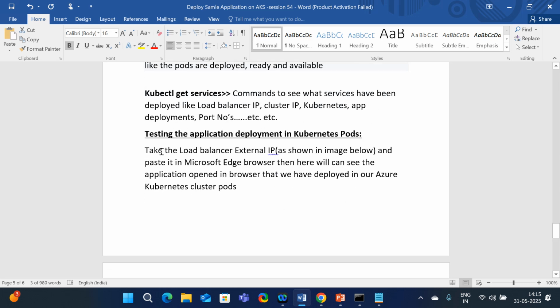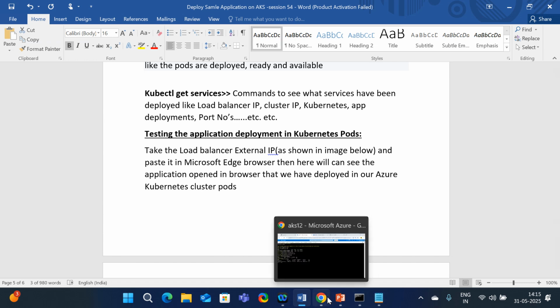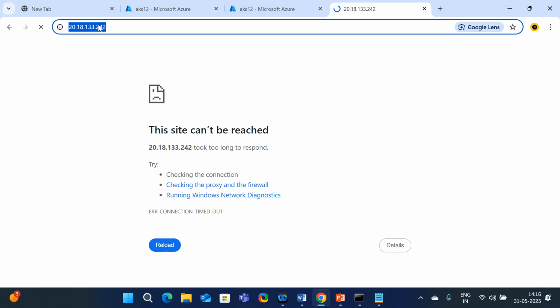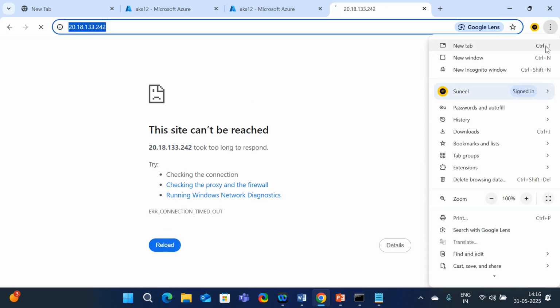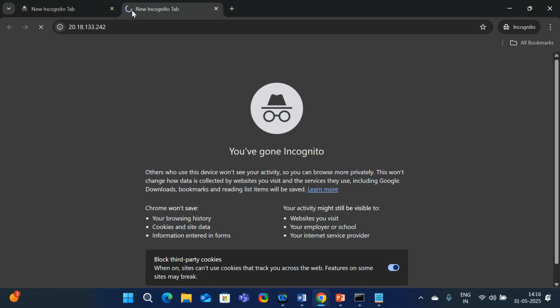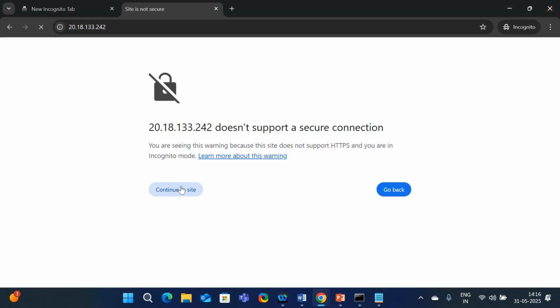And testing the application: take the load balancer external IP and paste it in the Microsoft Edge browser. You will be able to get the access and view the application. Here maybe it will take some time, but surely it will be reloaded. So what I will do, I am going to open a new Incognito tab in order to check the same. New Incognito tab, let me check whether it is working or not. Yes,